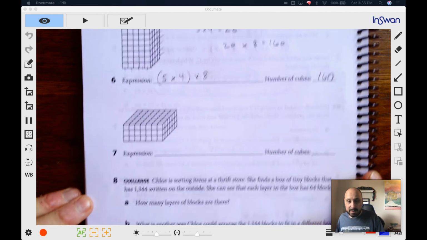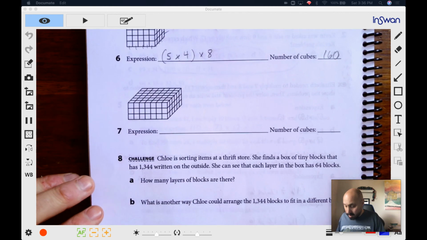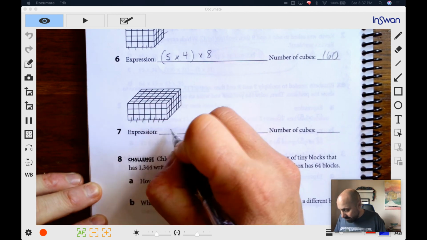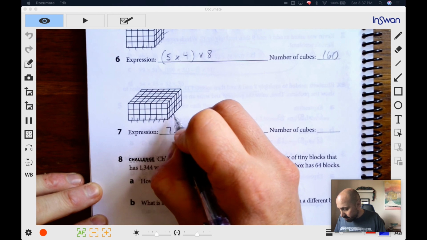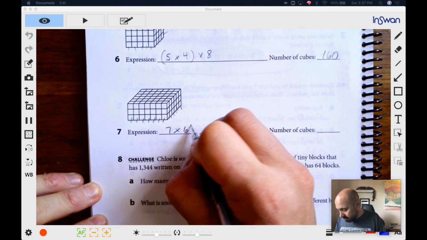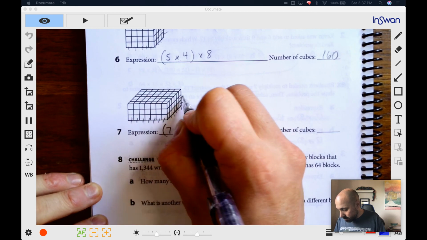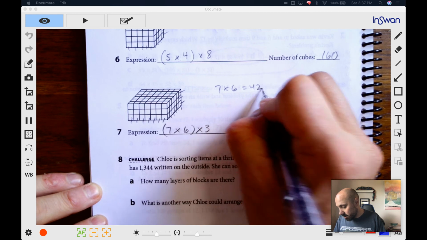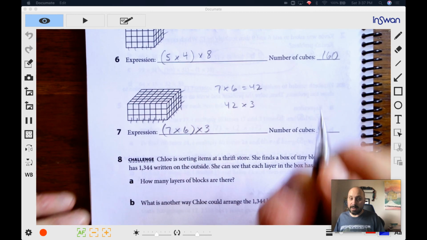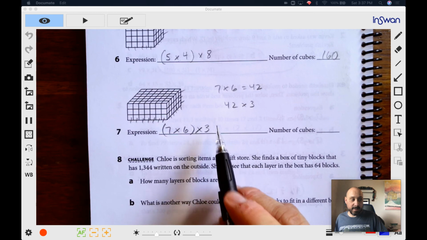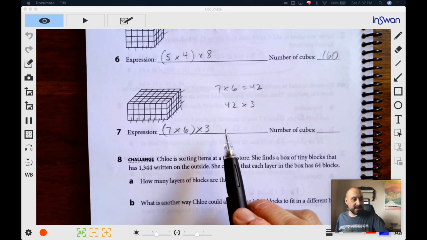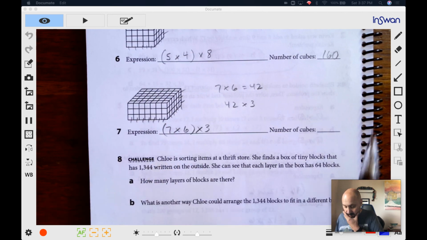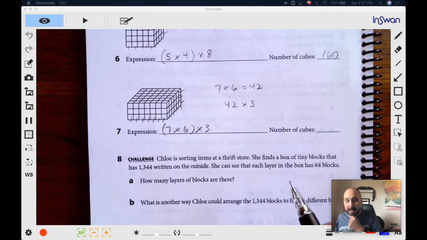Okay, number 7. So my base, length and width, is 1, 2, 3, 4, 5, 6, 7 by 1, 2, 3, 4, 5, 6 by 1, 2, 3. So 7 times 6 equals 42. 42 times 3. So I did that kind of fast, but I have 7 by 6 and then by 3. So 42 times 3 is